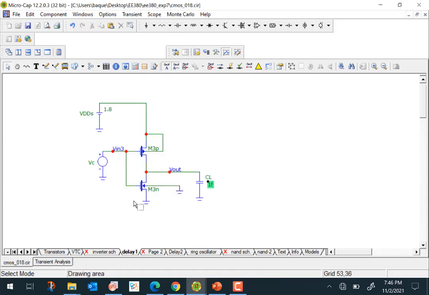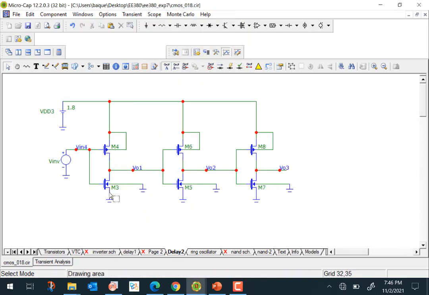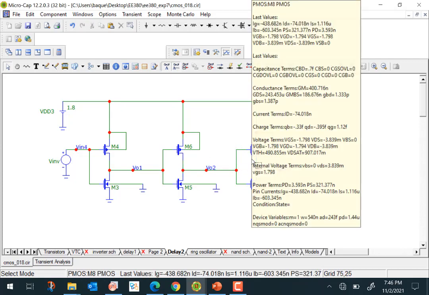Now, this is one way of characterizing the delay. The other way of characterizing the delay is where we have taken one CMOS inverter, connected it to another identical CMOS inverter, and another CMOS inverter like this. So the delay is most realistic for the middle inverter. Note that the delay is not that realistic for this particular inverter because it doesn't have a load. Typically when you have gates, one gate would be connected to the next gate, right? So the delay that you would measure here would be only the intrinsic delay. Whereas the delay that you would measure here would be the intrinsic delay plus a load,